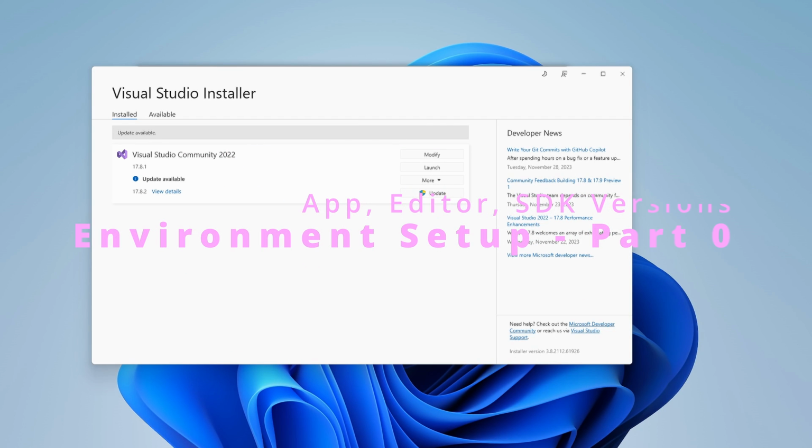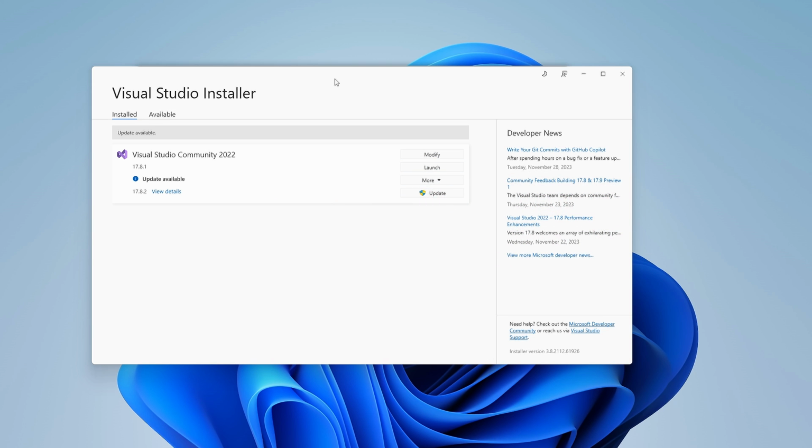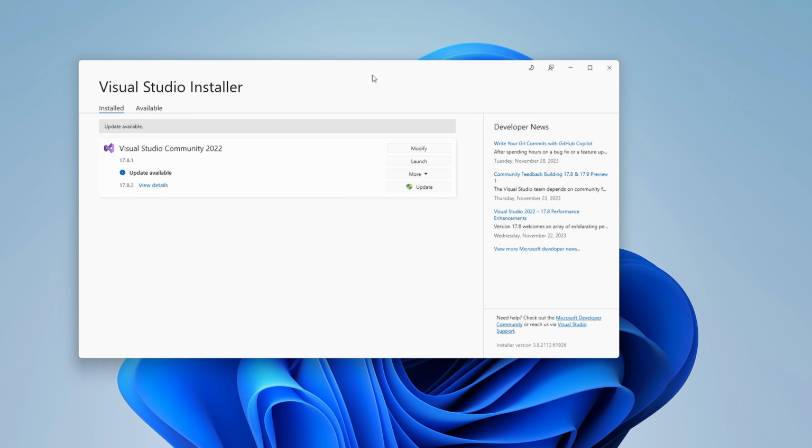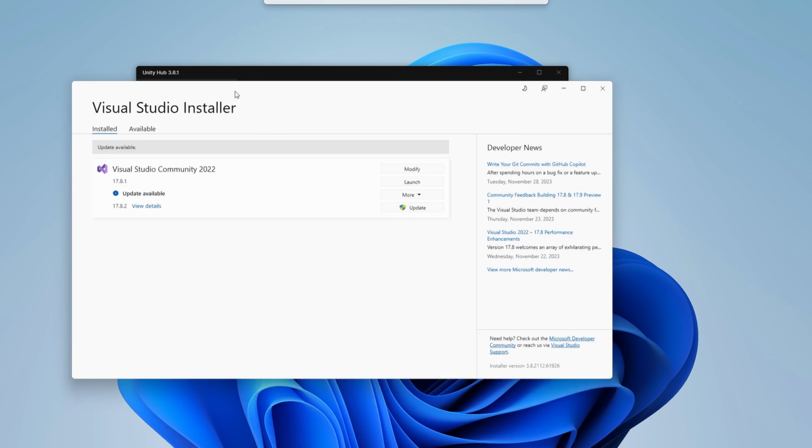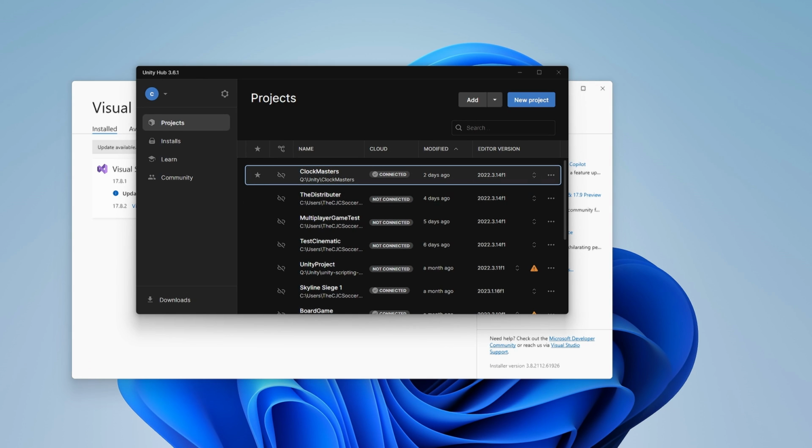Alright, let's get started. What I'm going to do first is show you my environment setup on how I got this working. I was running into some build issues initially, but there's three main things: the Visual Studio installer, the Unity Hub, and then the Microsoft account you would need.